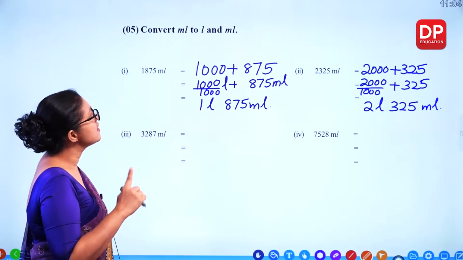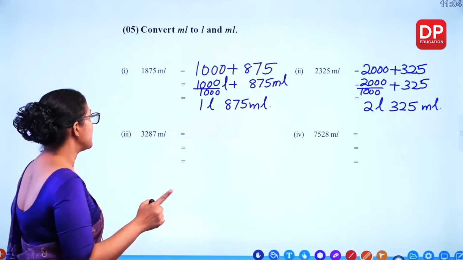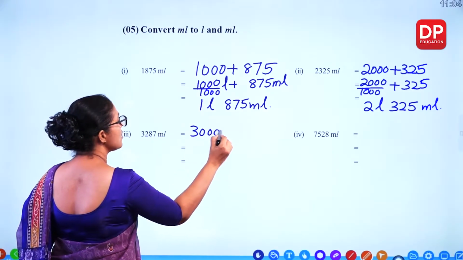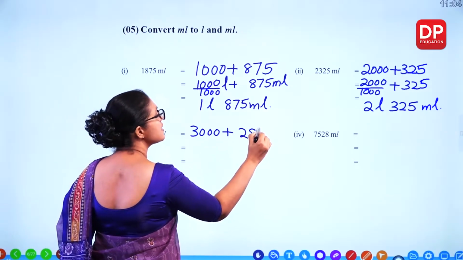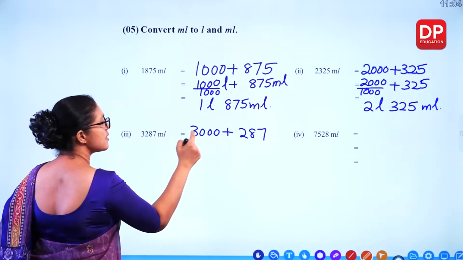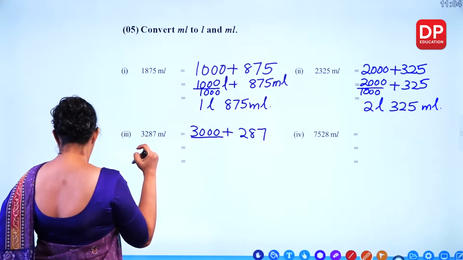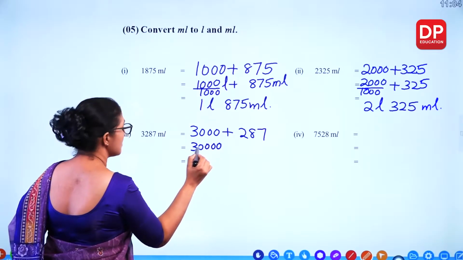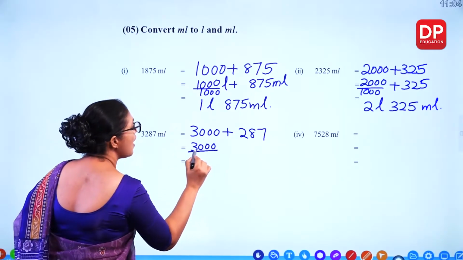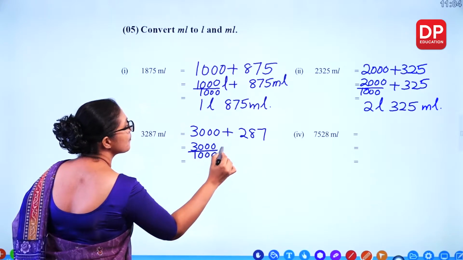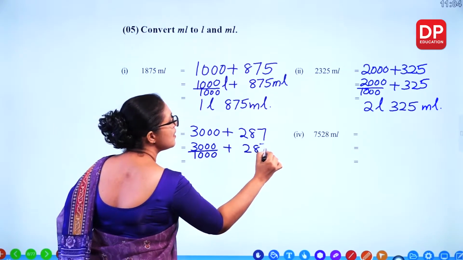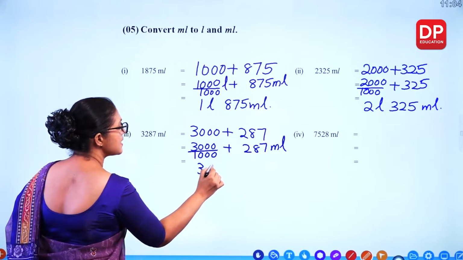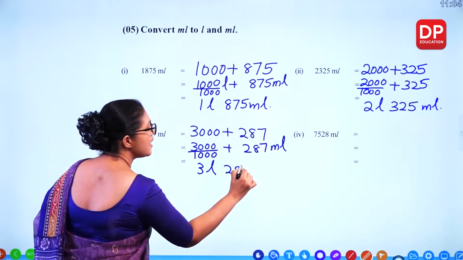This one, milliliters to liters and milliliters. I can split to 3000 plus 287. Now convert this to liters. I can write this 3000 divided by 1000 plus 287 milliliters there. So this is 3 liters and 287